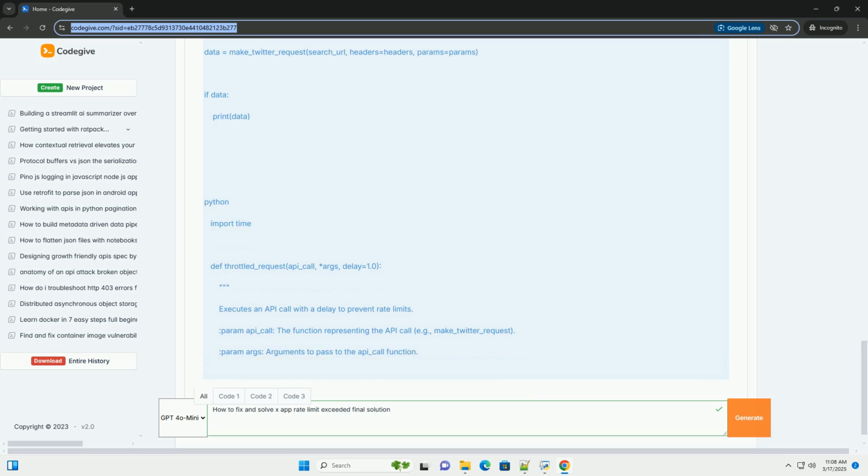Considerations. Cache invalidation: determine how long data should be cached. Stale data can lead to incorrect or outdated information. Use time to live, TTL, settings for your cache entries. Cache keys: create unique cache keys based on the API endpoint and the specific parameters used in the request, for example